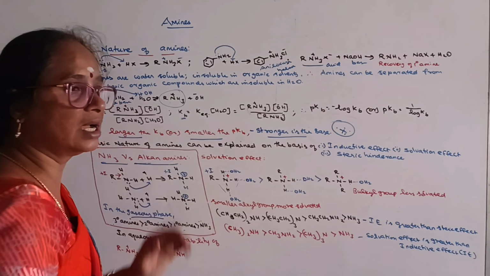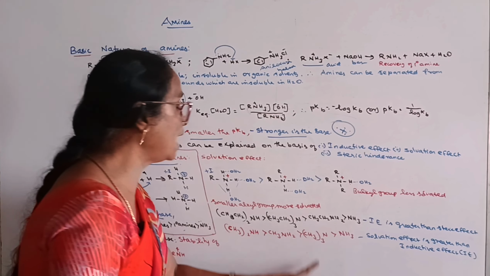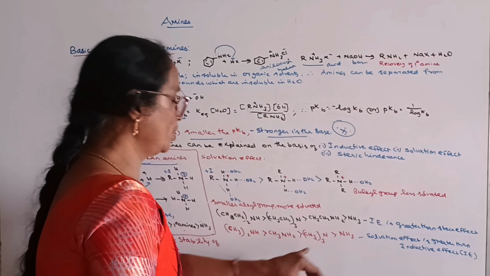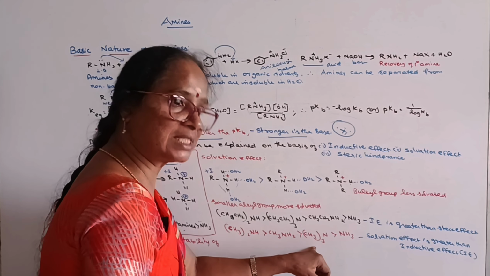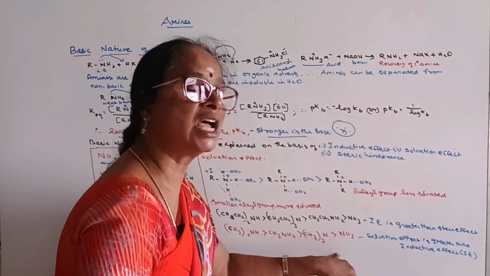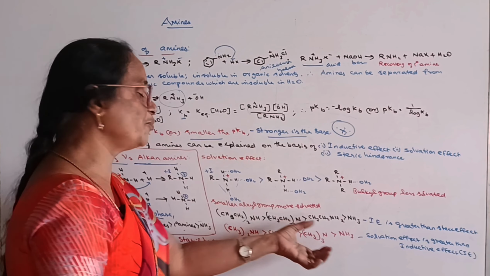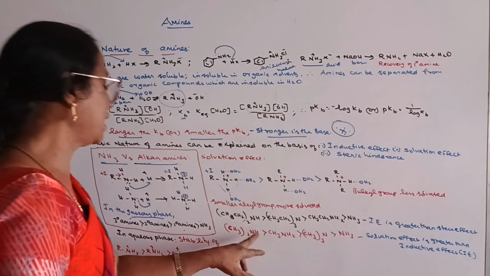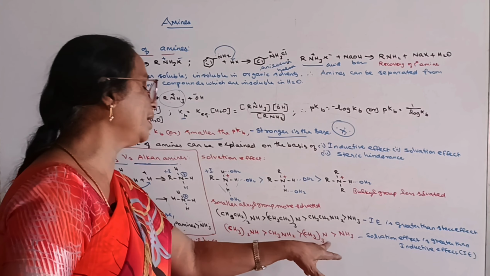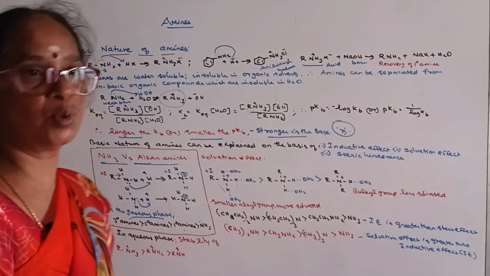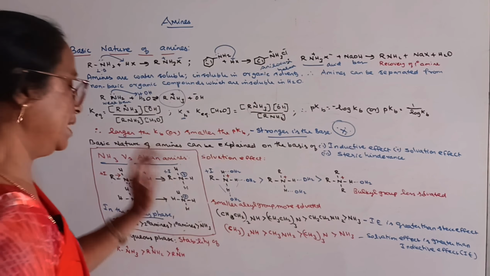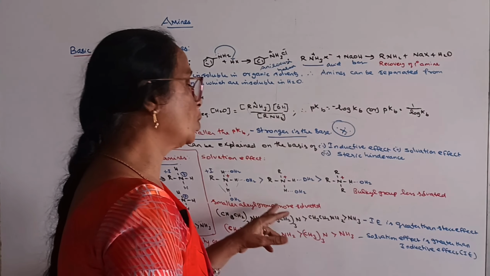When we go to methylamine, here the solvation effect is more pronounced than the inductive effect. That's why primary methylamine becomes a stronger base than trimethylamine. So in this case, though it has a greater plus I effect, the solvation effect is minimum. That's why in the case of methyl substituted amines, secondary amine is stronger than primary amine, which is stronger than tertiary amine, which is stronger than ammonia. But in the case of ethyl substituted amines, here the inductive effect plays the major role than the